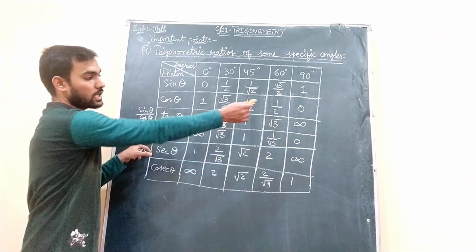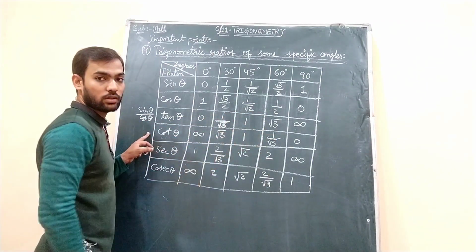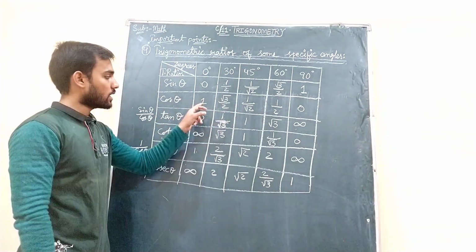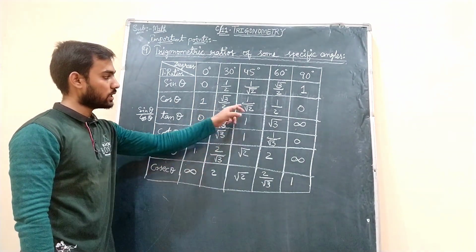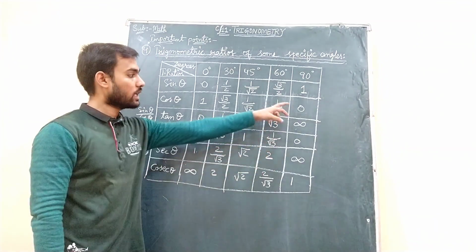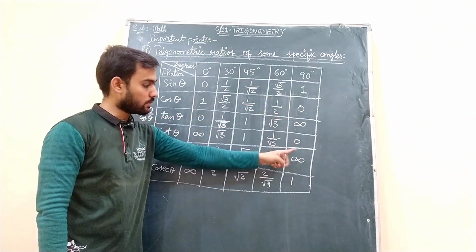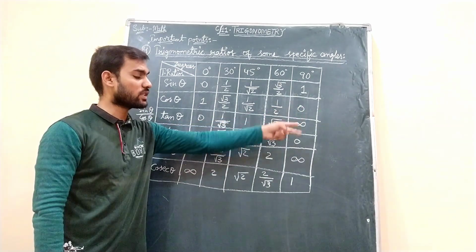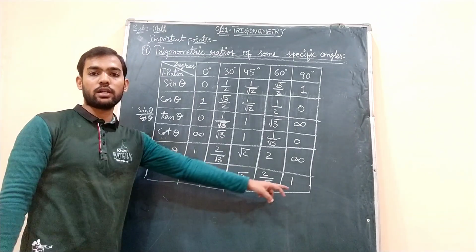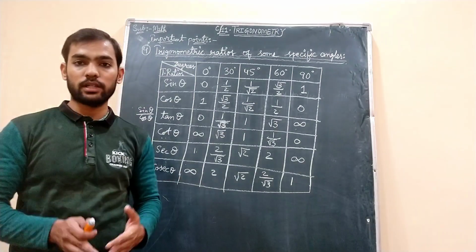Okay. Then for cot theta, start writing from the last value. Not defined, root 3, 1, 1 by root 3, 0. Okay. Then for secant theta, 1 by cos theta, which means reciprocals of all these cos theta values. Reciprocal of 1 is 1. Reciprocal of this is 2 by root 3. This root 2 by 1, ignoring. This reciprocal is 2 by 1, ignoring. This reciprocal will be 1 by 0, which is not defined. Just now we have seen here 1 by 0 is not defined. So similarly here also, when you do the reciprocal of 0, this is not defined. It does not have any reciprocal. And for cosecant theta, from the last value we go on writing: not defined, 2, root 2, 2 by root 3, and then 1.